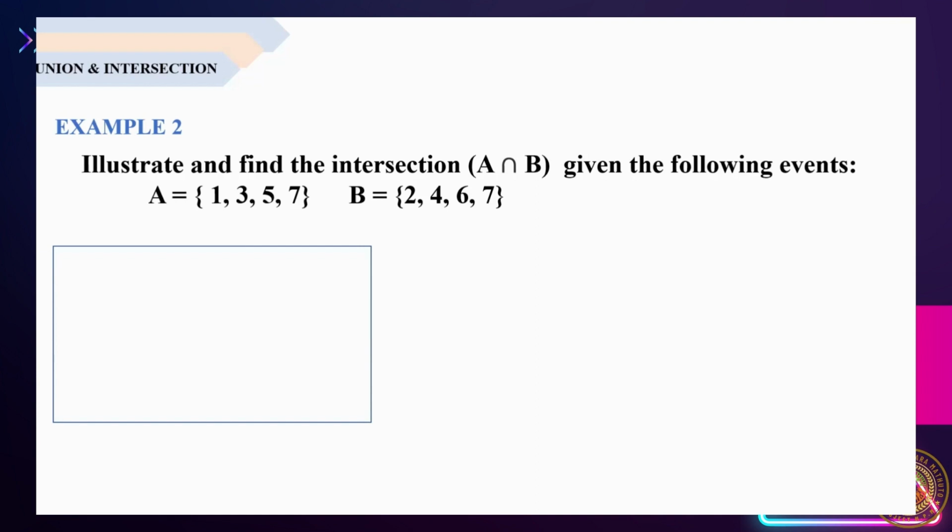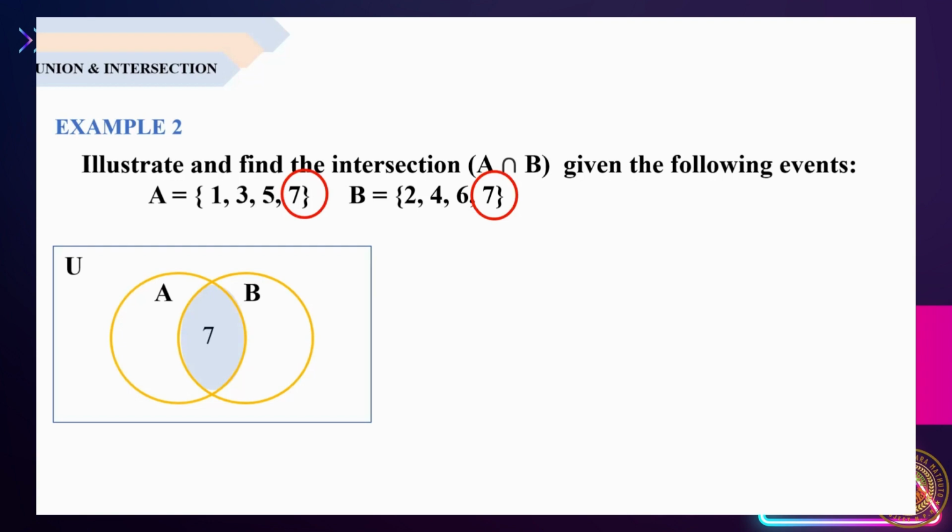We have to draw a rectangle, then the two overlapping circles, and then yung nasa gitna, let us put shade para it represent the intersection of events. Okay, then label natin yung A at yung B and then U. So, since we are talking about the intersection, alamin muna natin ano yung parehas na meron sa A at meron sa B. Ano yung elements or events na meron sa A at sa B? We have the 7. So, therefore, yan yung 7, yan yung tinutukoy nating intersection at ilalagay natin siya sa gitna